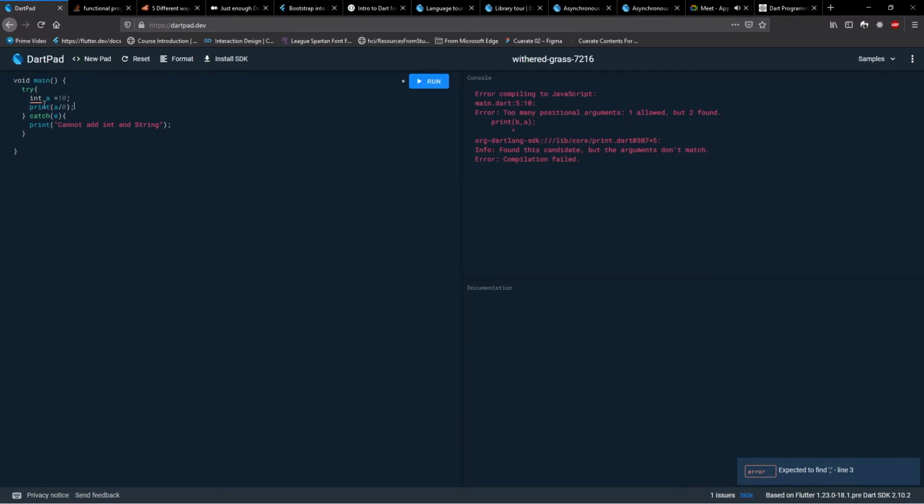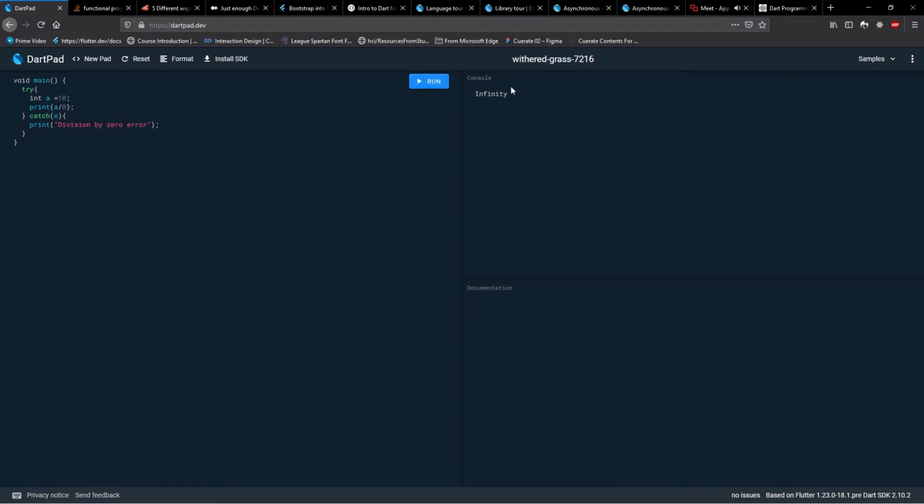Can anyone tell me if you can divide a number by 0? No, right. So Dart is going to throw an error when you do this, and that is what we are going to catch right now. Run.